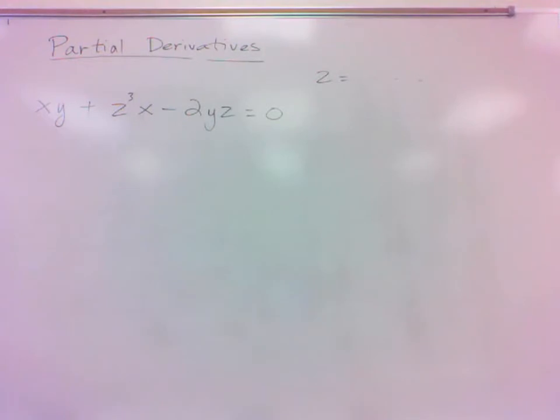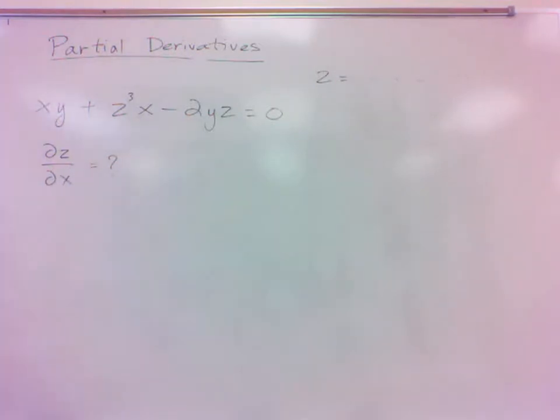However, we still might be interested in the slope of those tangent lines. So how do we get, and in this case they use this different notation, how do we do the partial derivative of z with respect to x? Something like that. Well, we've got to use